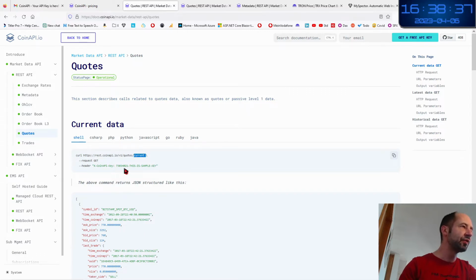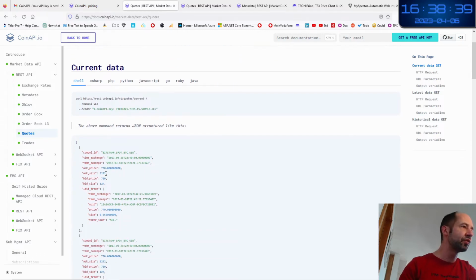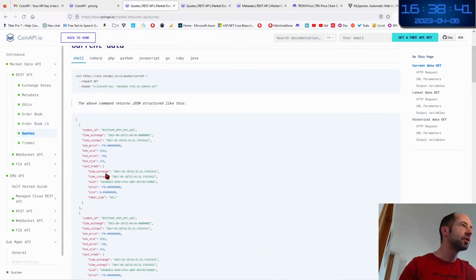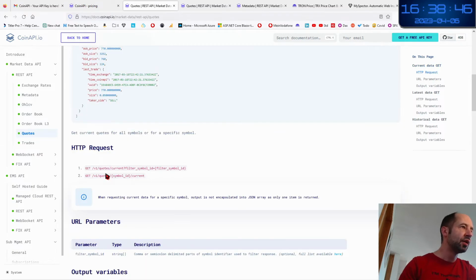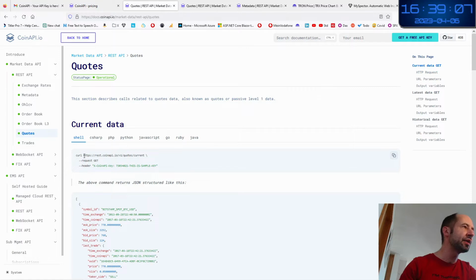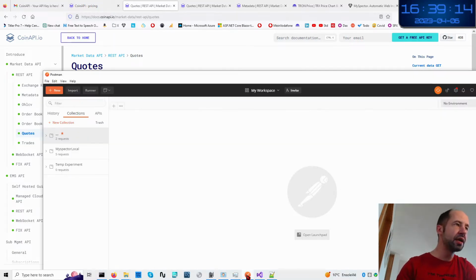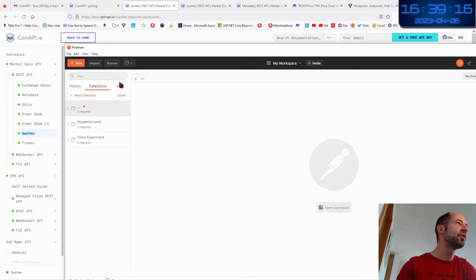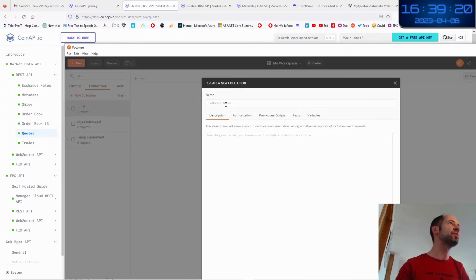This takes some different inputs to filter the different cryptocurrency. And you can more precisely put some filter on the target cryptocurrency that you want by adding this parameter, filter symbol ID. So we are going to use Postman to call this web API. So I am going to use Postman. First thing to do is to create a new collection. The new collection name should be the name of the website.